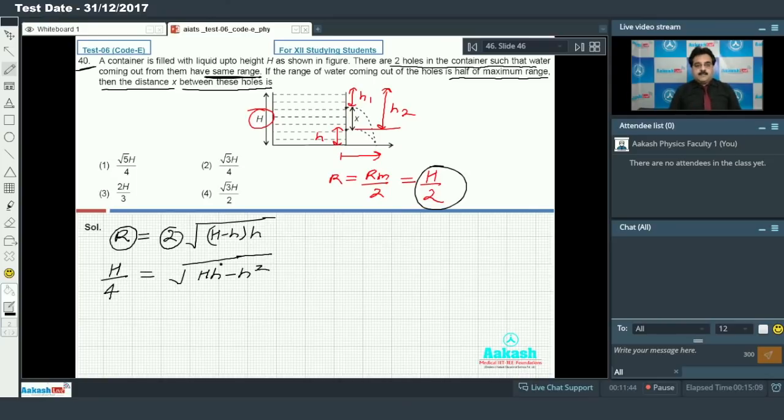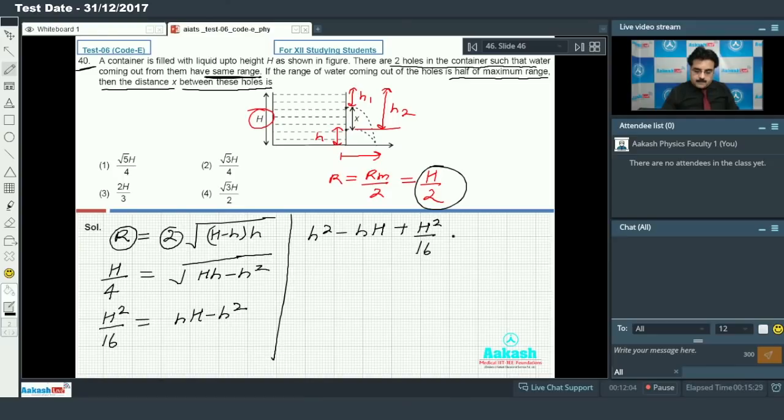So if I take the square on both sides, we'll write H squared upon 16 equals small h into (H minus h). If I rearrange this equation, we'll write h squared minus Hh plus H squared upon 16